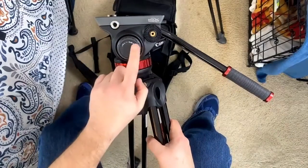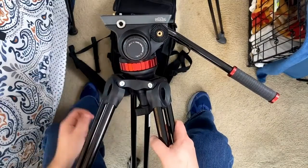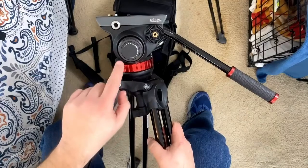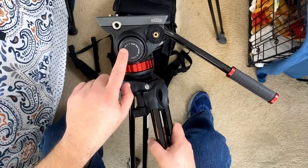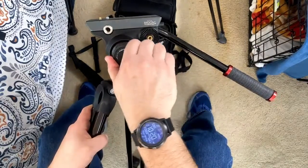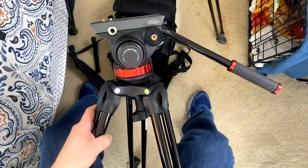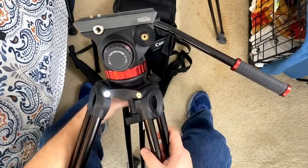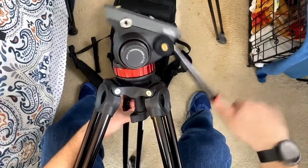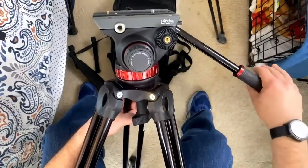Now on this side of the video head, you'll see that there's a label here that says fluid drag system. With the clockwise turn, there's a plus sign, and with a counterclockwise turn, there is a minus sign. If I rotate this wheel to the left and remove the drag or the tension or the friction against the tilt lock, I'm going to be able to much more freely move this tripod up and down, right? Now,